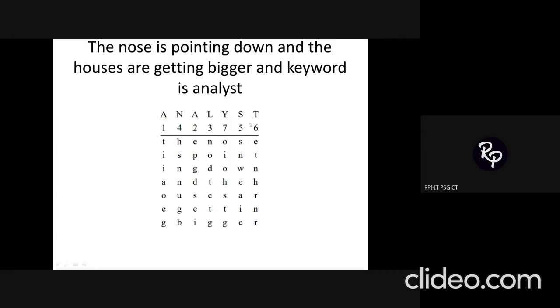So if more than one A comes in the keyword, the first occurrence of A will get the value 1, the second occurrence will have the value 2, and the third occurrence will have the value 3. So after A, the next character is again an A, so no issues. I've just given a running number for A. After A, the next character is L. So L is given the number 3. So in alphabetical order, whichever character appears next in the keyword will be given the consecutive number.